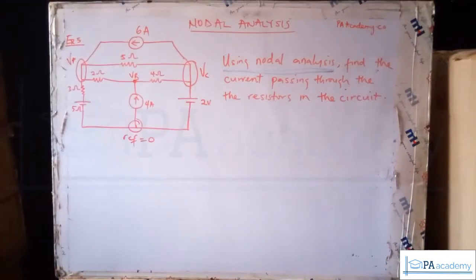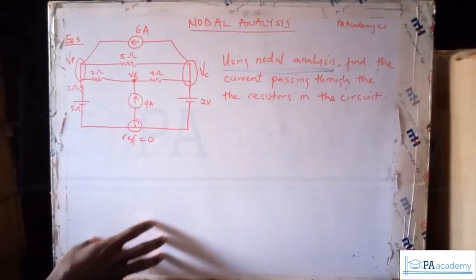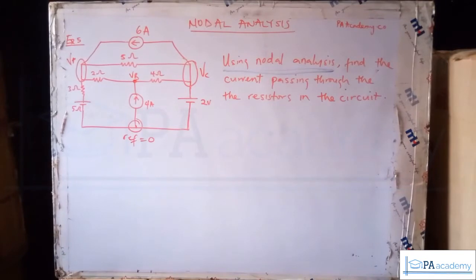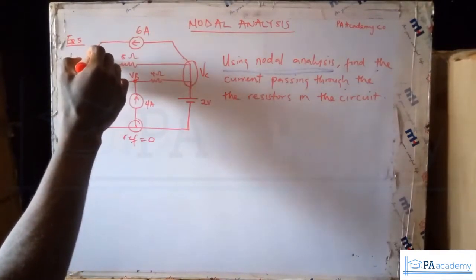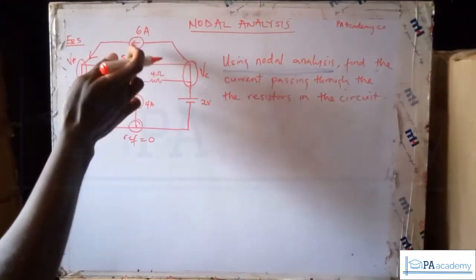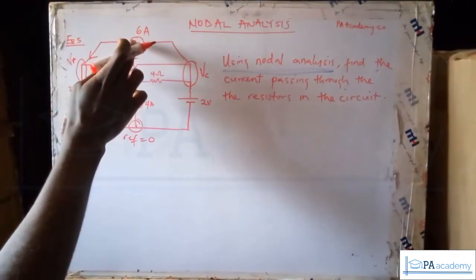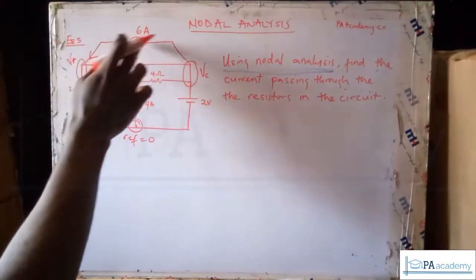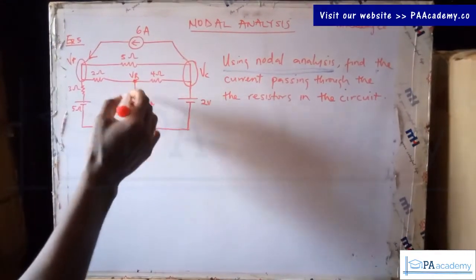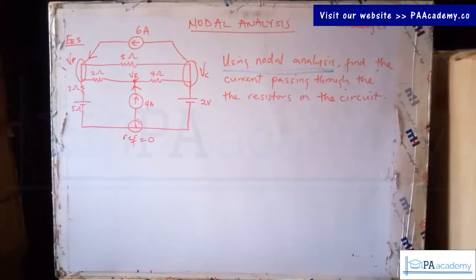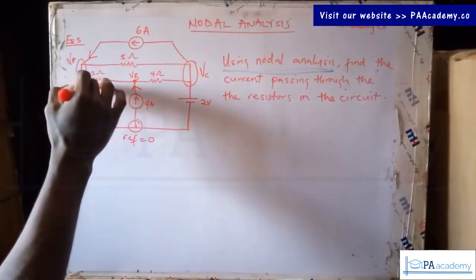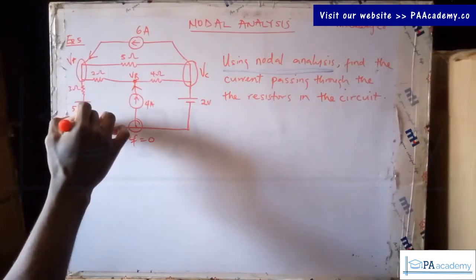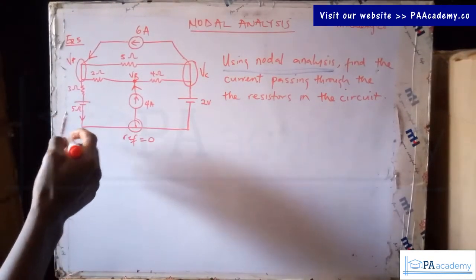So since we've been able to identify the nodes, we've picked our reference point. So now let's pick a direction for current. For this particular side, I'll be picking this direction. It's just influenced by the fact that this current source is flowing in this direction, so I just want to maintain that direction. The same thing applies here. I'll just maintain that direction. For every other one, you can just pick a random direction. So I can just pick something going downwards. There is no space. Okay, let me just indicate it down here. Downward for this part, and then